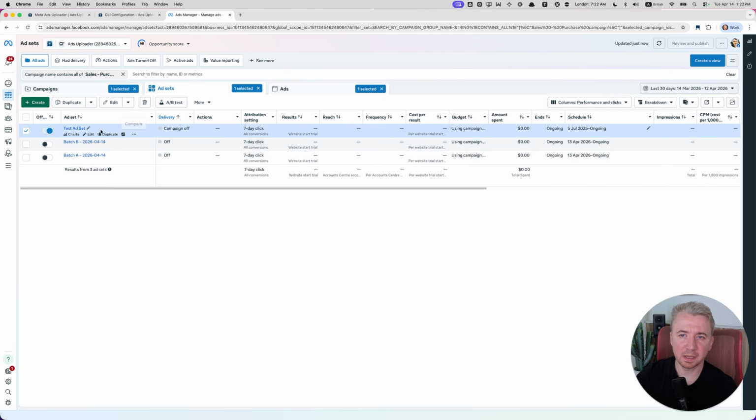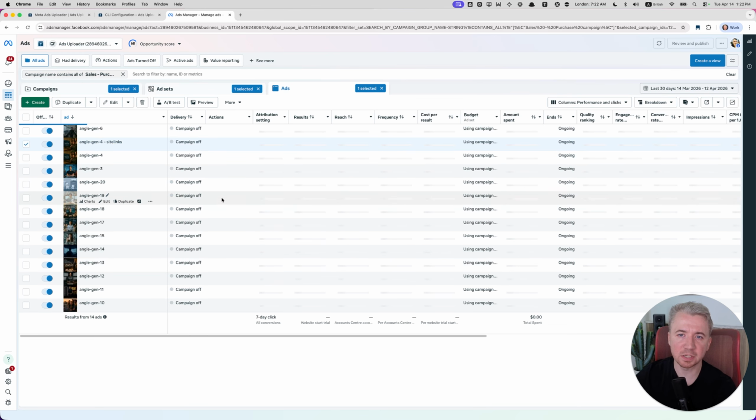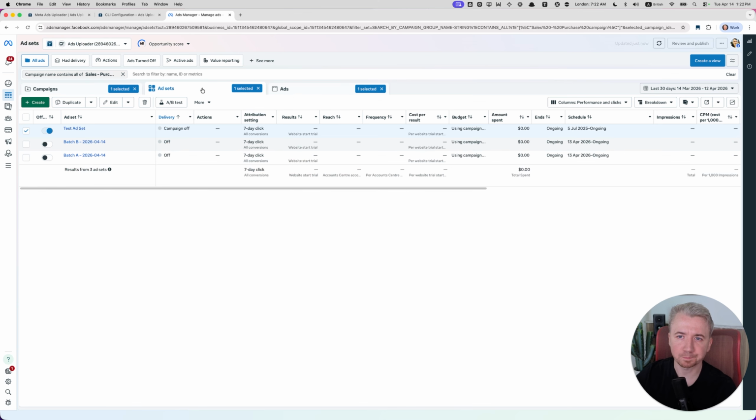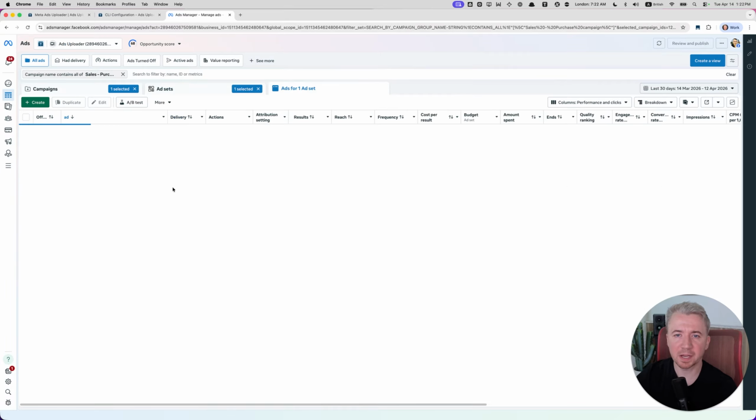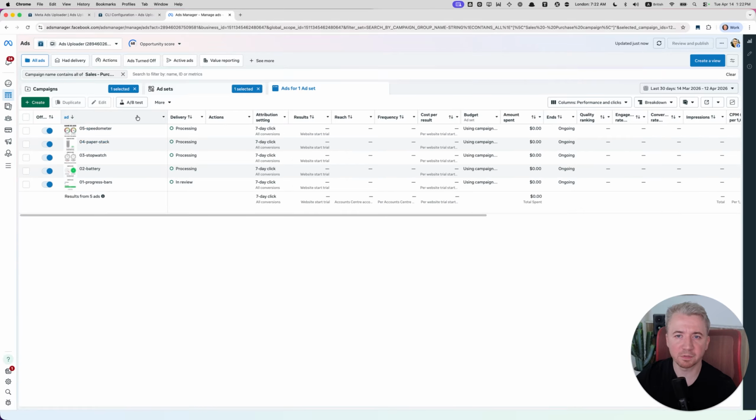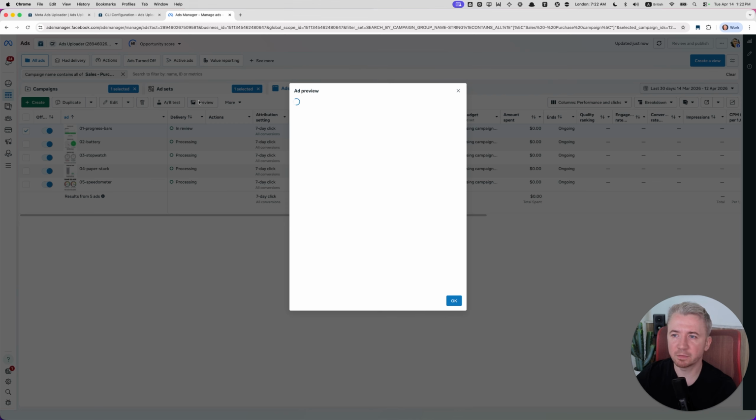And you can see here that we had the original test ad set. So this was the ad set which we actually built the preview around, the preset around. And then we have batch A and batch B, which are the ad sets which we just uploaded. You can see both of them are turned off at the ad set level as I requested. And if I jump into batch A, I should see my ads 1 to 5 listed over here. If I jump in the preview,